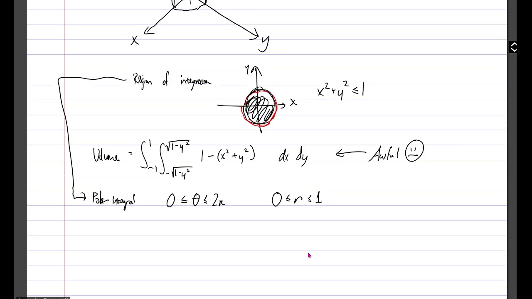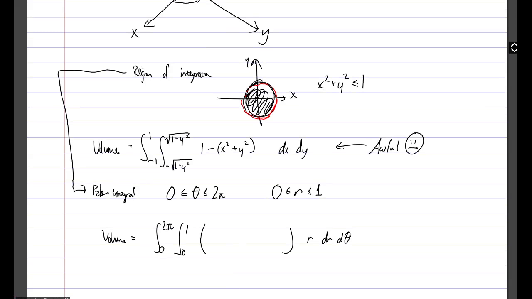And let's set up an integral now, right? So the volume, again, this is going to be a much nicer integral. It's going to end with an r dr d theta. So theta on the outside here, theta goes from 0 to 2 pi. And then r, so dr is the one on the inside, goes from 0 to 1. And then all we need to do is take this information right here, 1 minus quantity x squared plus y squared, and we should